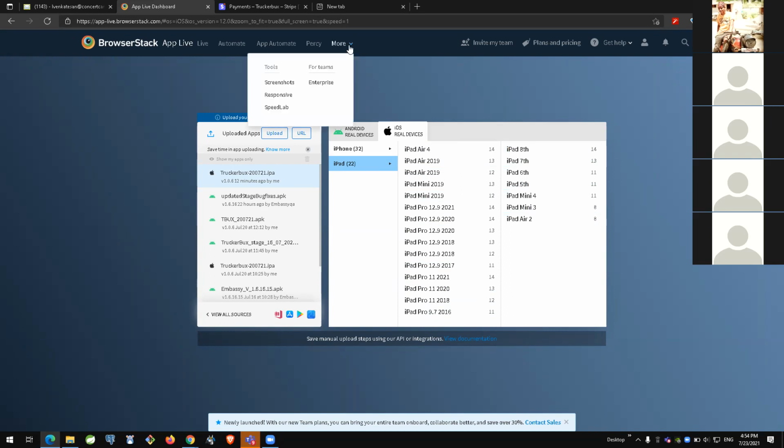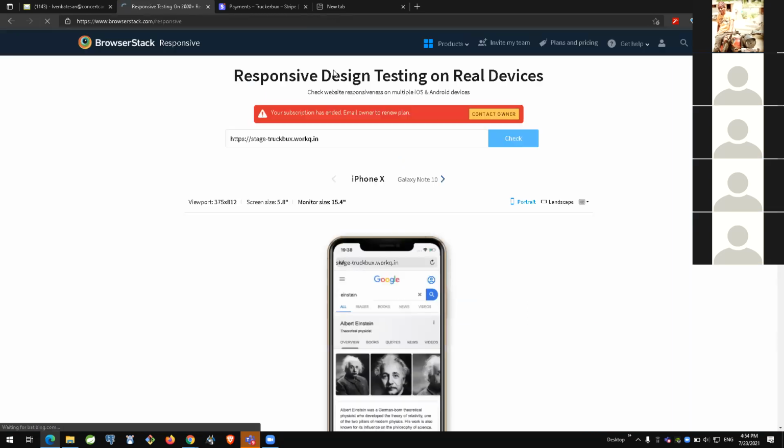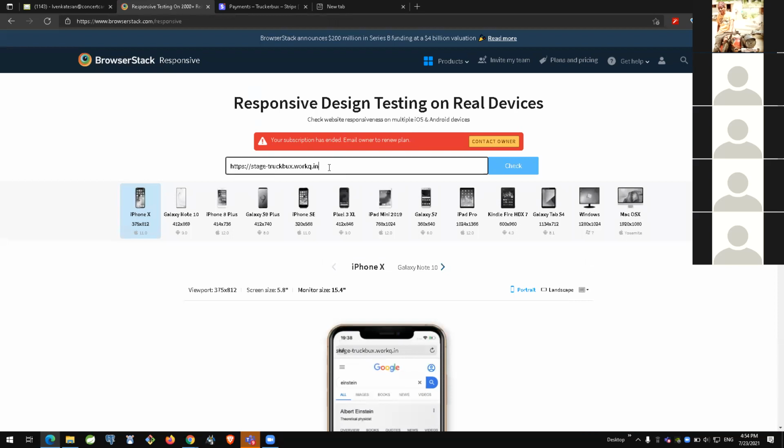And regarding one more thing, responsiveness is also important here. How can I check responsiveness? If I select website here, I can always check for that version. It will go through that series of phones and check for responsiveness.